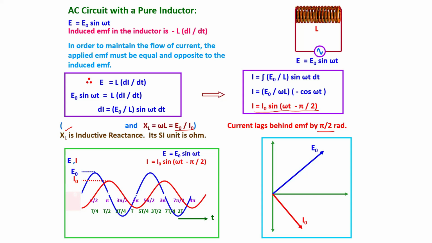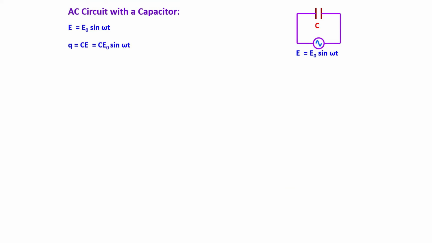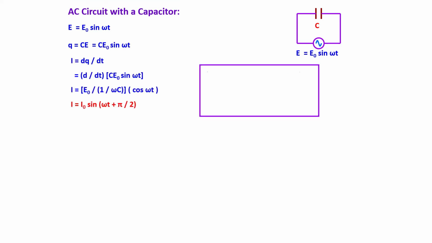Next one. In the next one, we are going to study what will happen to the current when the capacitor is connected in series in an AC circuit. So here it's known that the capacitor is a device which is used to store the energy, whereas the value of EMF in general can be calculated using a formula E is equal to E naught sine omega t, whereas I is equal to I naught sine omega t plus pi over 2.